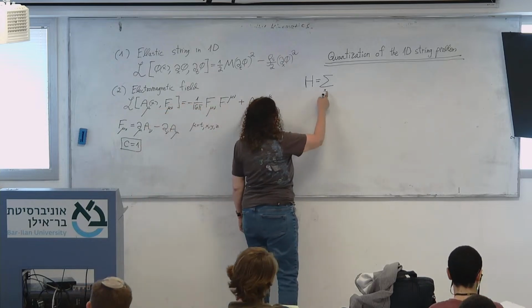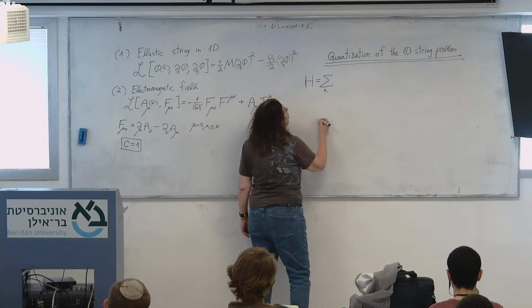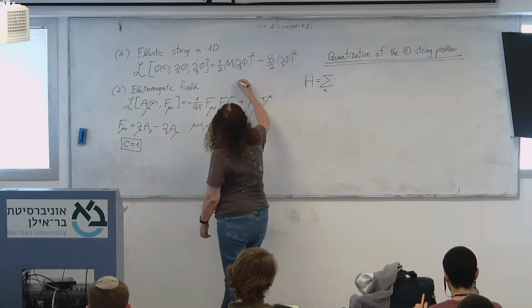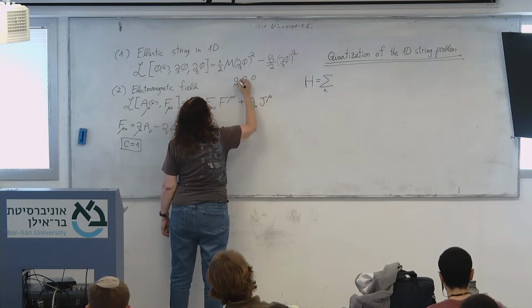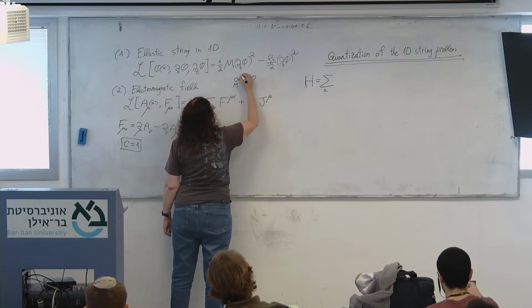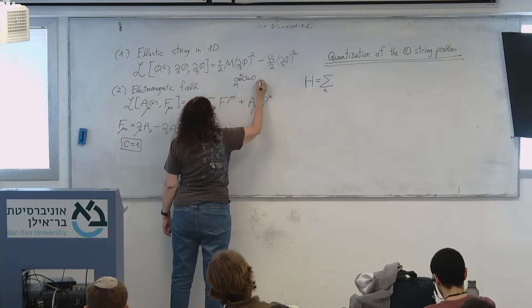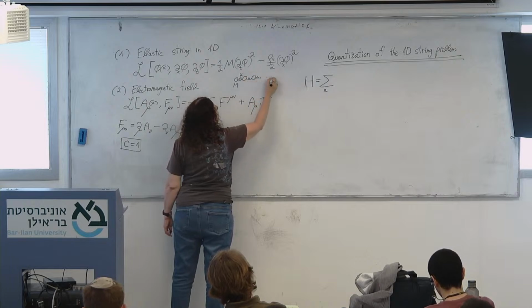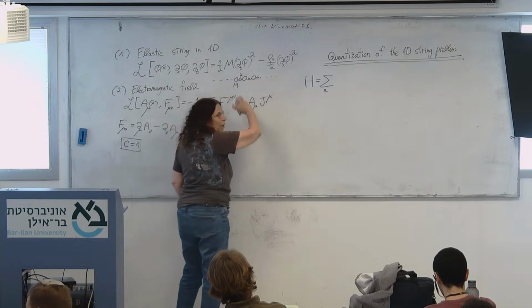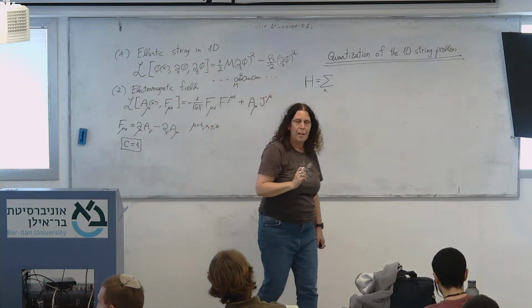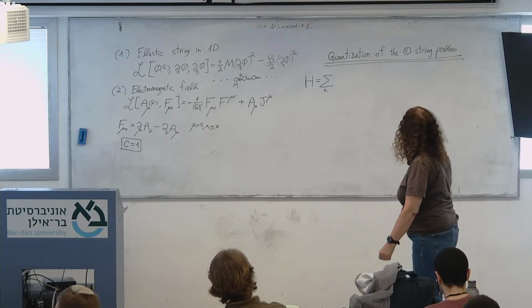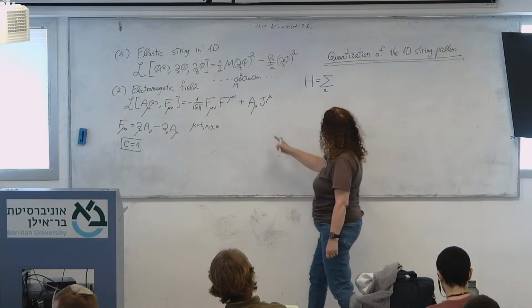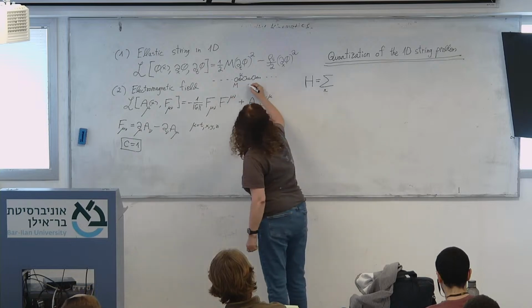I go back to the chain, so I just remind you that the problem was that we had these masses connected by springs. This is K. And then we went to the limit where the lattice spacing is very small, the continuum limit. But this is what we started from, and the index